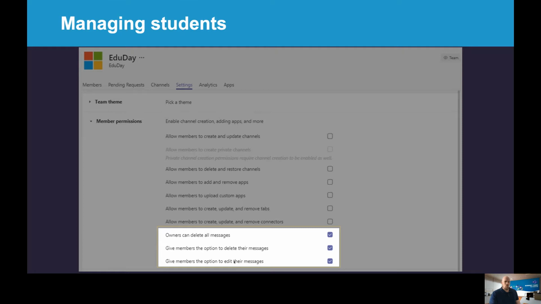Now, these are always going to come down to individual choices amongst educators, but essentially, if a message goes up and you don't see it in time, and maybe the damage is already done, it could be deleted without you even knowing what was actually written word for word. That's obviously going to be individual choice for every single teacher, but it is important just to know that those settings are there.